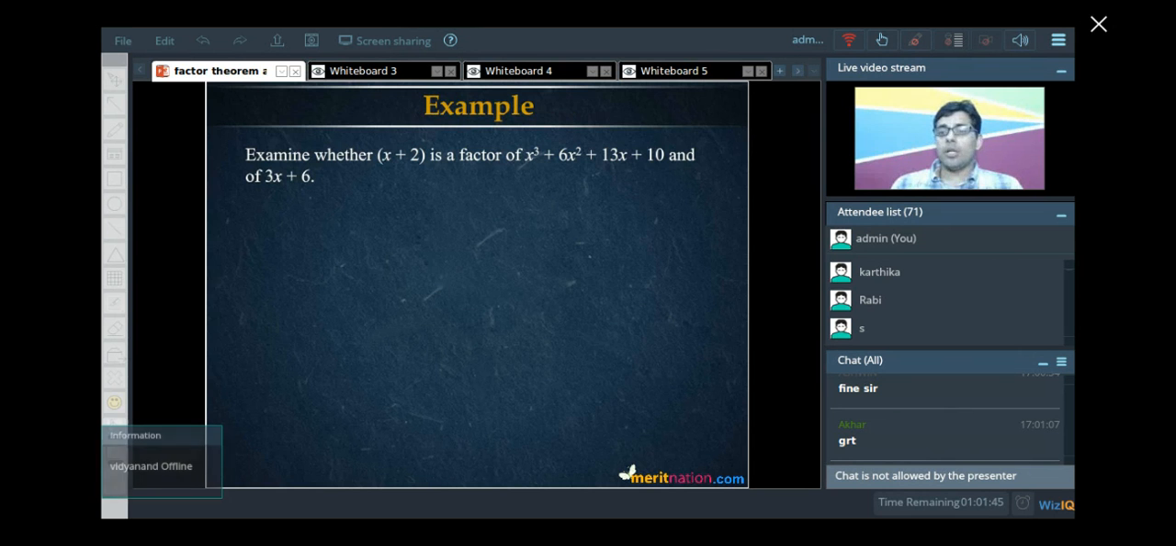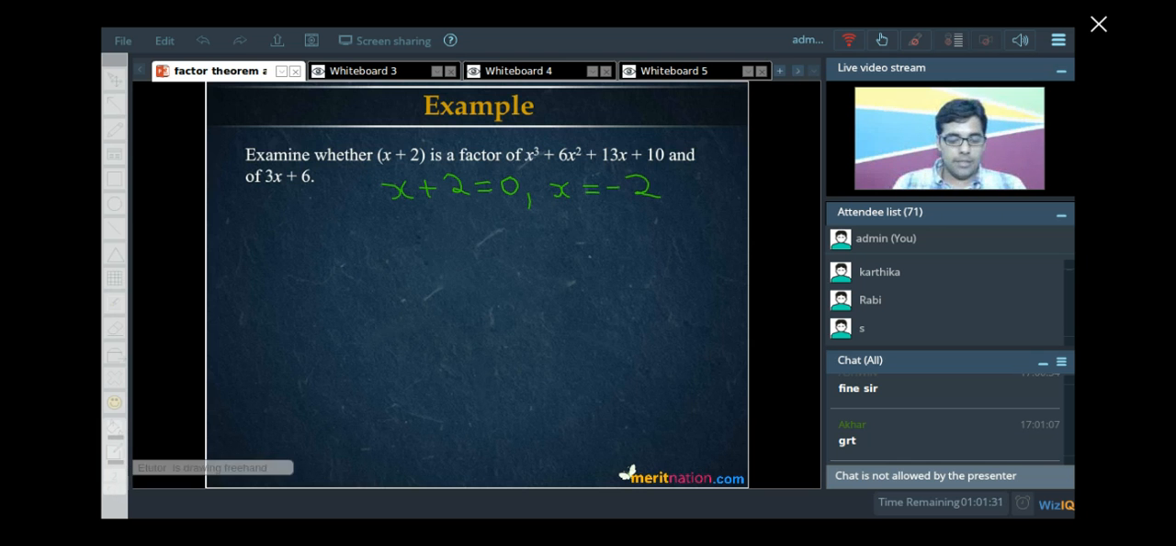So the theorem says that x plus 2, by putting x plus 2 as 0, we will get x as minus 2, and then put this value in the polynomial. It would become P of minus 2, which is minus 2 whole cube plus 6 times minus 2 square plus 13 multiplied by minus 2 plus 10. It would become, in this case, now minus 8